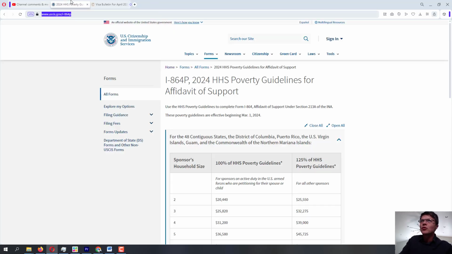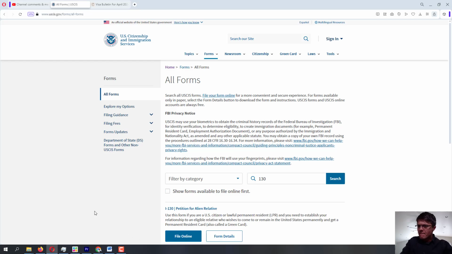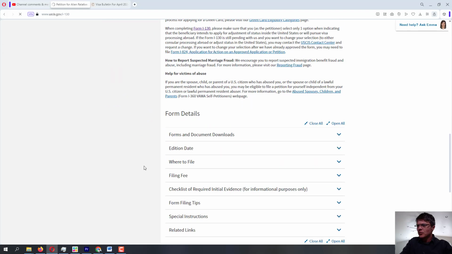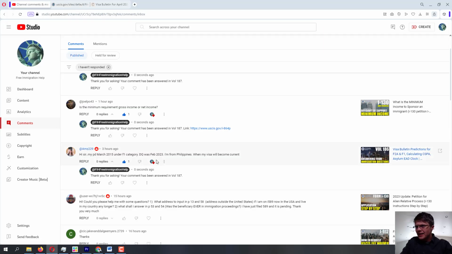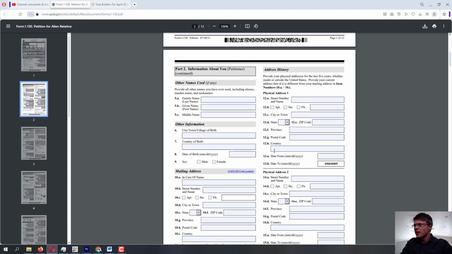But I'm going to open the I-130 just so that I can take a look at exactly the things that you are looking at. And just to verify again with the official government source, uscis.gov, I-130. There we go, petition for alien relative. And I'm going to open the form. And that should be P13 and 58. All right, so 13. Let's take a look. So 13, here we go. So physical address. All right.